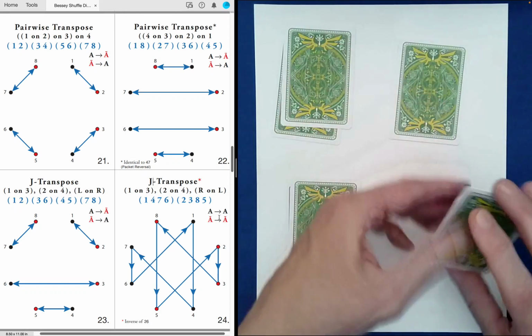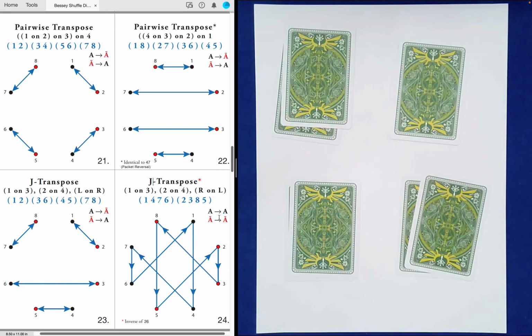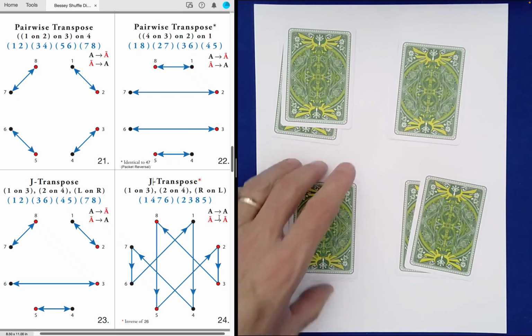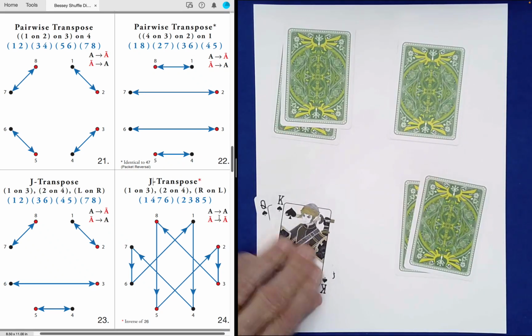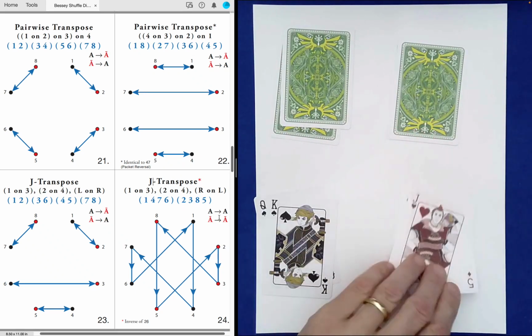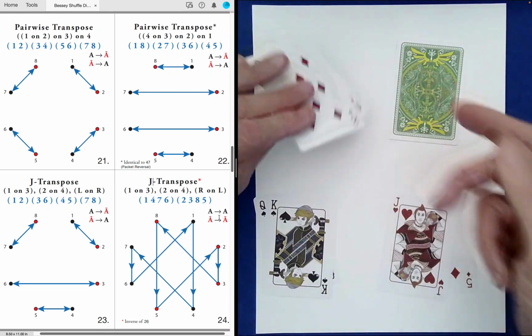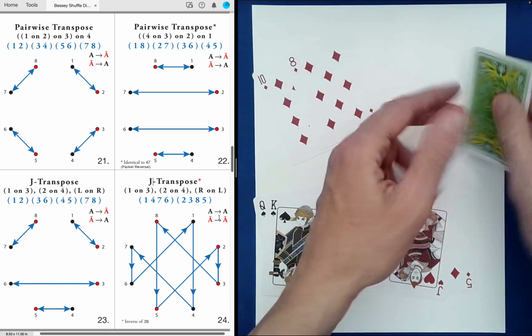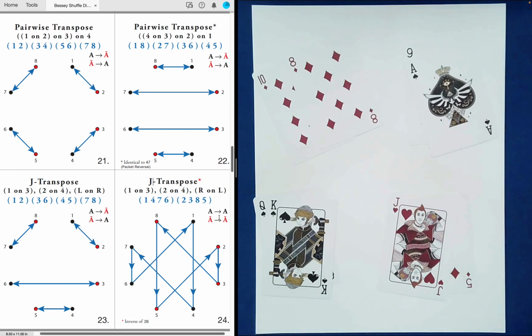Set those down and then set down the remaining pair. These are guaranteed to be of the same color within each pair. Okay, so you can go like that, go like this, go like that, and then go like this, and bring out your written prediction, if you had one,